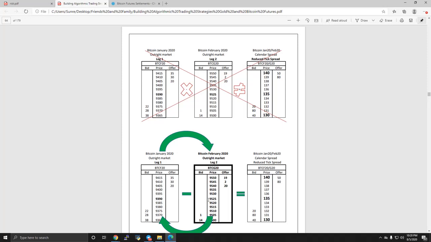And this is different from the standard convention that we know in gold, which is leg 1 minus leg 2 equals the spread, and what you do to the spread you do to leg 1, etc. But remember, for Bitcoin, we have to ingrain into our minds that it is leg 2 minus leg 1 equals the spread. So if we take a peek back at the